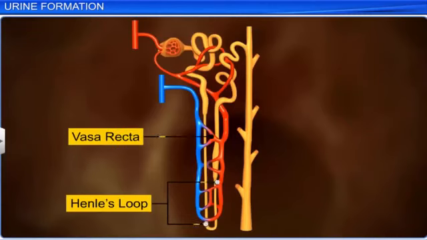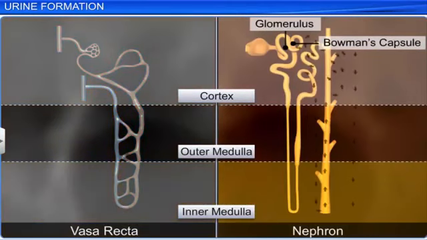Henle's loop and the vasa recta are the parts of the kidney that help concentrate the urine. A countercurrent is created in both these parts. This is because the direction of the flow of filtrate in the 2 limbs of Henle's loop and the flow of blood in the 2 limbs of the vasa recta are opposite. The countercurrent, along with the proximity of Henle's loop to the vasa recta, maintains an increasing osmolarity in the inner